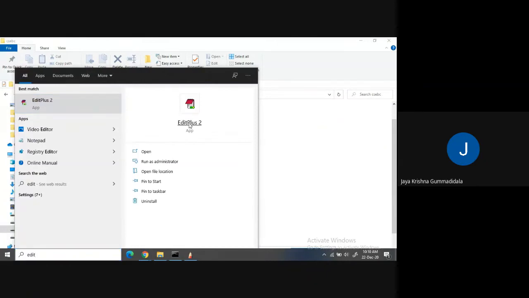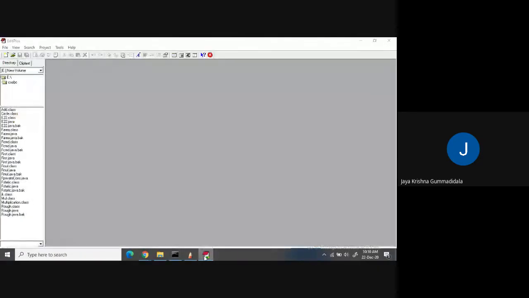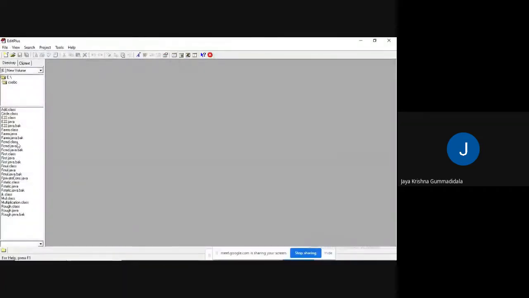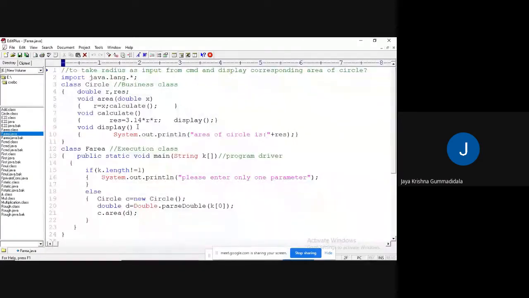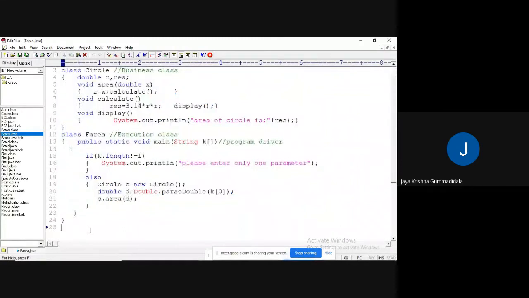Let me open EditPlus. Yes, I have opened EditPlus, and I am opening the previous classes, for example farea.java. It contains some code I have written in Java programming.